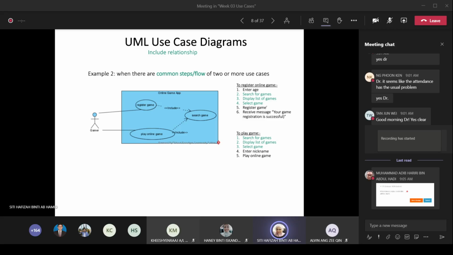Another example, when there are common steps or flow of two or more use cases. So let's say you have a gamer, this online game app. So a gamer must register the game, and then the gamer can play online game. This is a basic use case diagram for any game system, game application. However, for this game,